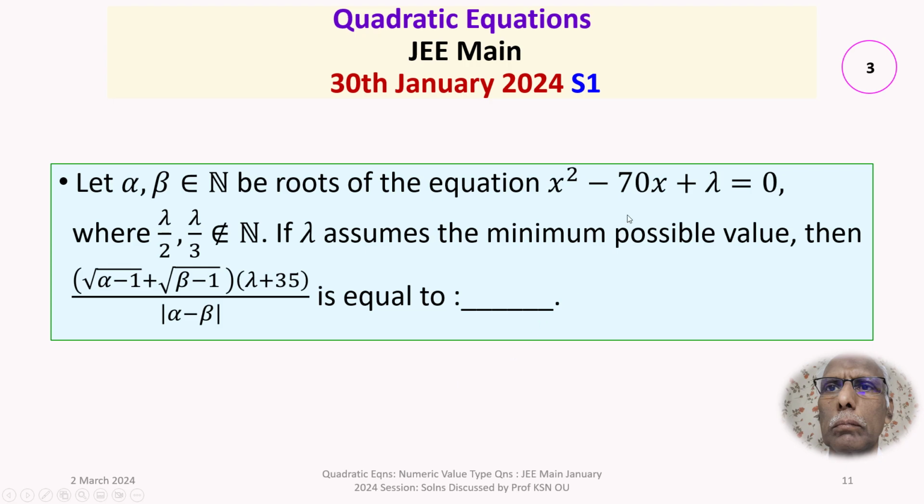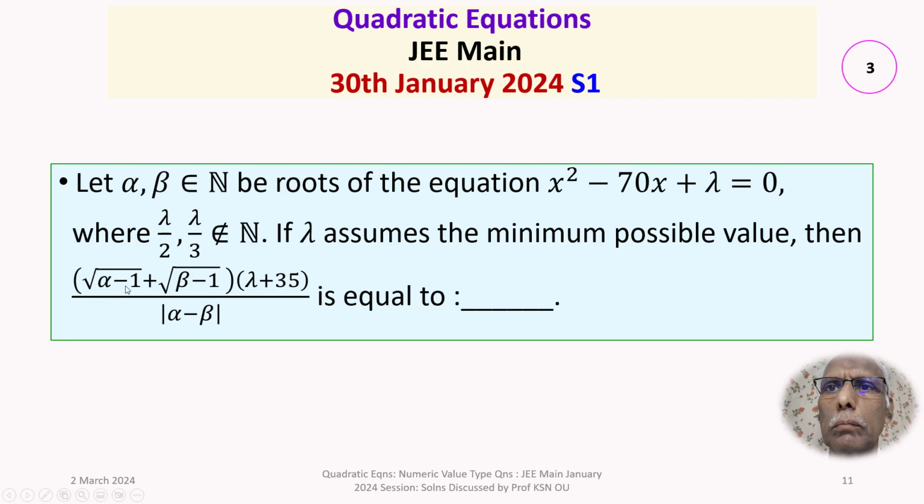We are given a quadratic equation x² − 70x + λ = 0, and it is further given that α and β are the roots of this equation, where both of them are natural numbers. It is further given that λ satisfies: λ/2 and λ/3 are not natural numbers. And if λ assumes the minimum possible value, then we are required to find the value of